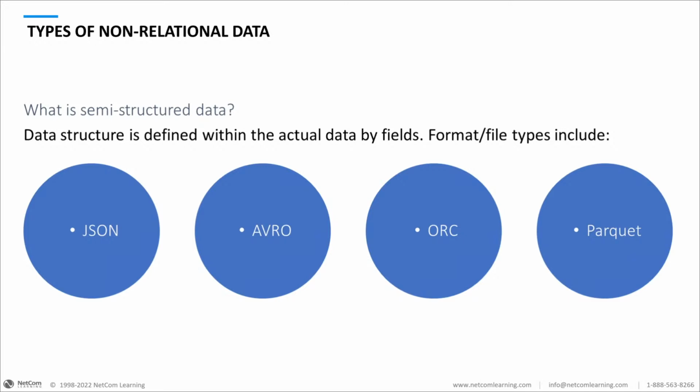And last is Parquet. This is another columnar data format. It was created by Cloudera and Twitter. A Parquet file contains row groups and all of the data. So if you go to your Twitter feed, all of that data that's in your Twitter feed is all unstructured data using the Parquet data format.